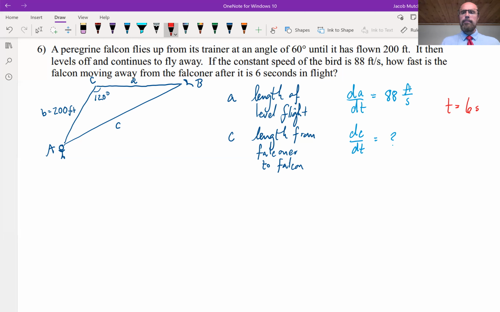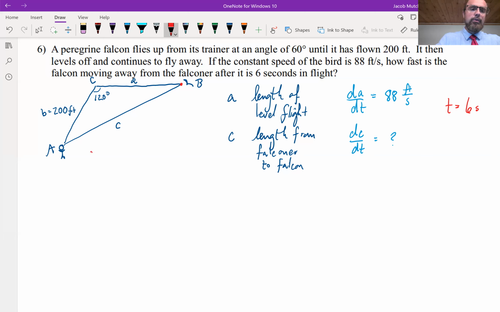So I know that the bird is flying at a constant speed of 88 feet per second. And if we're catching this bird in its flight after 6 seconds have passed, we could calculate its entire length of its flight, both legs AC and CB,